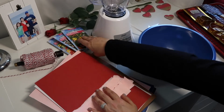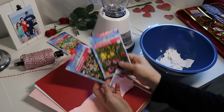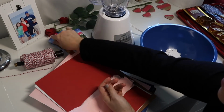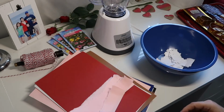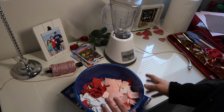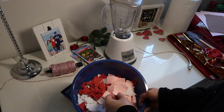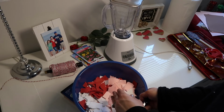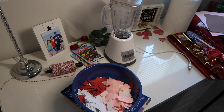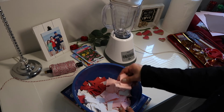So I decided to make these hearts paper. Okay, so now that we have torn our paper into smaller pieces,